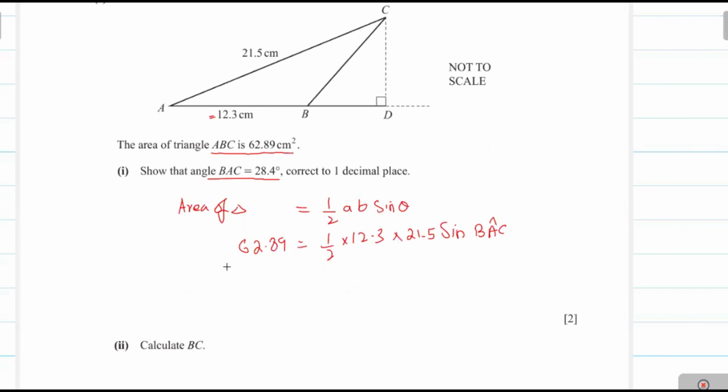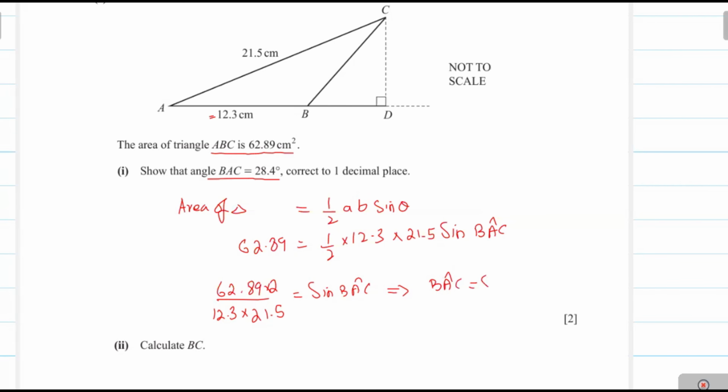We can write it as 62.89 multiplied by 2, and this value we shift from the right to the left side. This is 12.3 multiply 21.5 equal to sine BAC, and this value will be equal to BAC will be equal